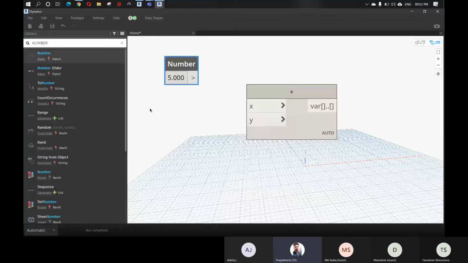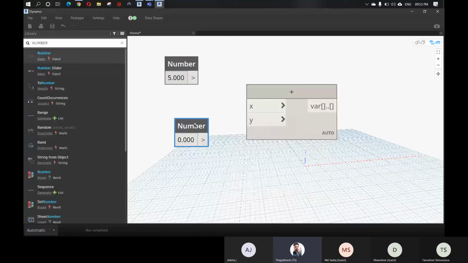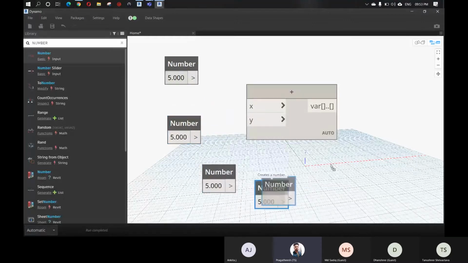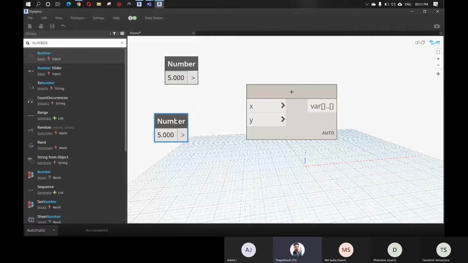Okay, and if you want to bring the same node again, you can click this one, Control C and Control V on your keyboard. Or else click this, hold Control and drag, so that you can create multiple copies of this. So there are lots of options to create all these things. And here I'm just giving 10.